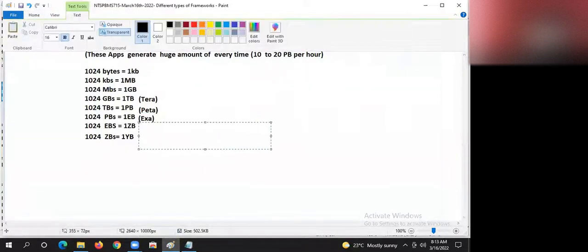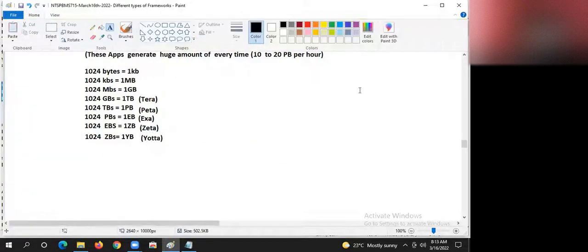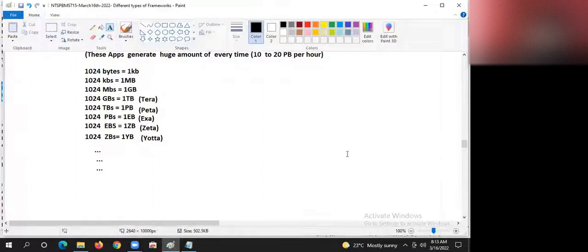Next, zetta, yotta. Fine, guys, let it be. And this story continues. After that, my mind is not recollecting anything else. But still, there are a number of others, even more units are also there, guys.